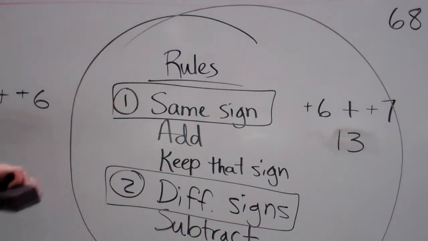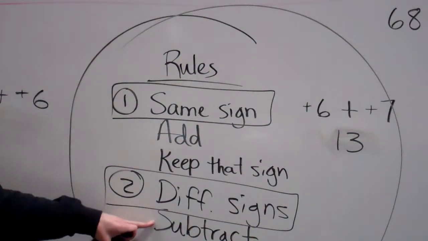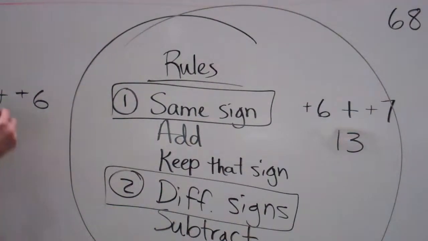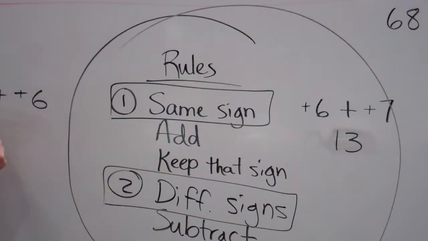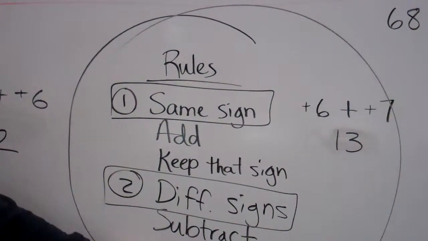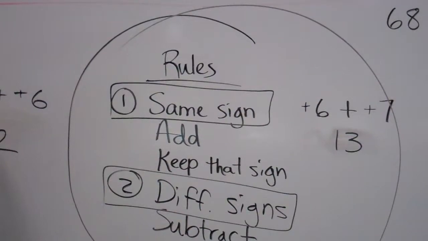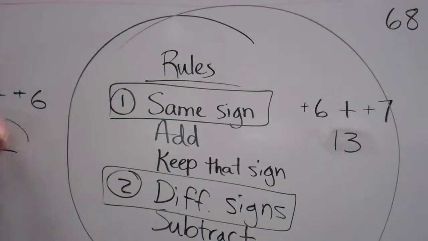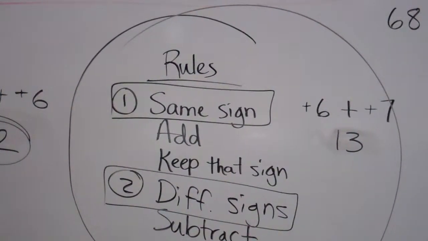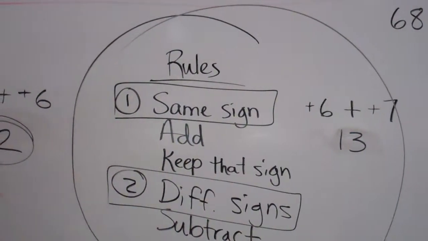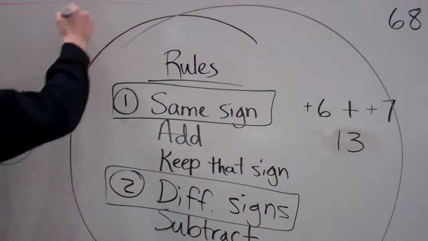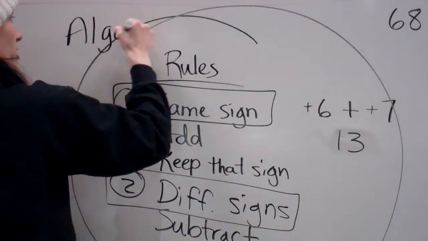Okay, if I have different signs, what am I going to do? Go the sign of the biggest. I'm going to subtract. 6 from 8 is 2. And then I'm going to do what? Take the sign of the biggest number. Which one's my biggest number? 8. What's the sign? Negative. The answer is -2. Okay, so knowing these two rules, what we're going to do with algebraic addition,